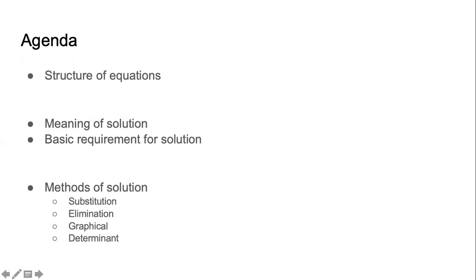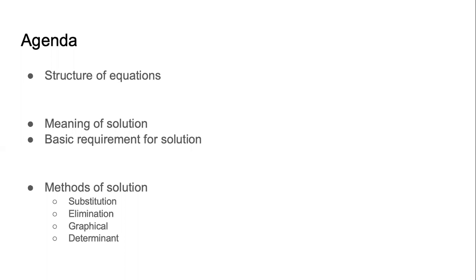We studied even more in class 9. We started to learn how to solve linear equations in two variables. We studied two methods, substitution and elimination. So till elimination method, we studied in class 9. According to the textbook, we studied just two things in class 10, graphical method and the determinant method of solving the linear equations.